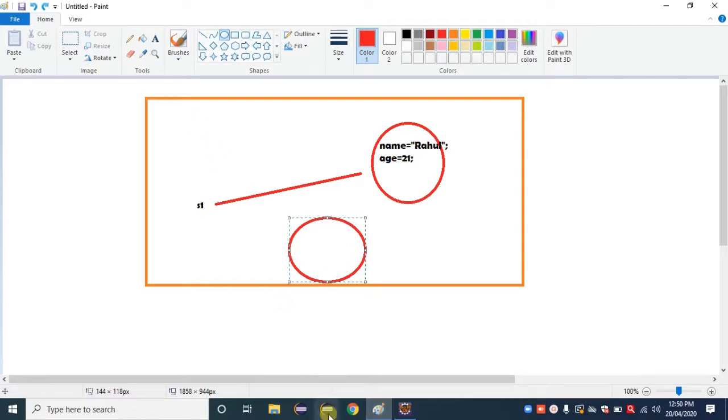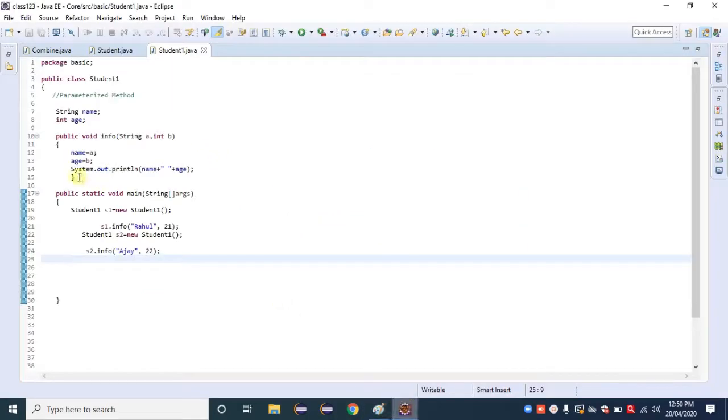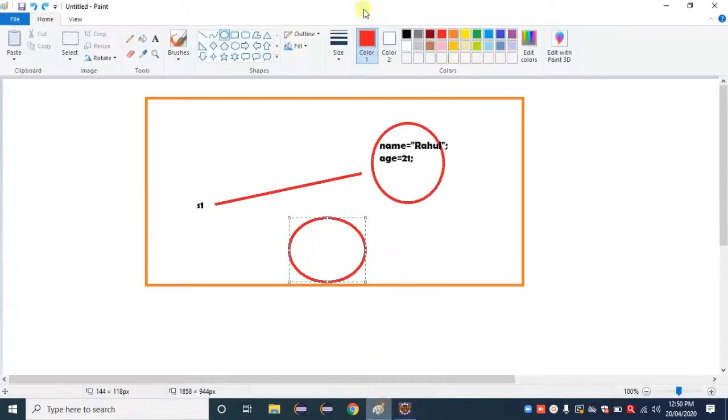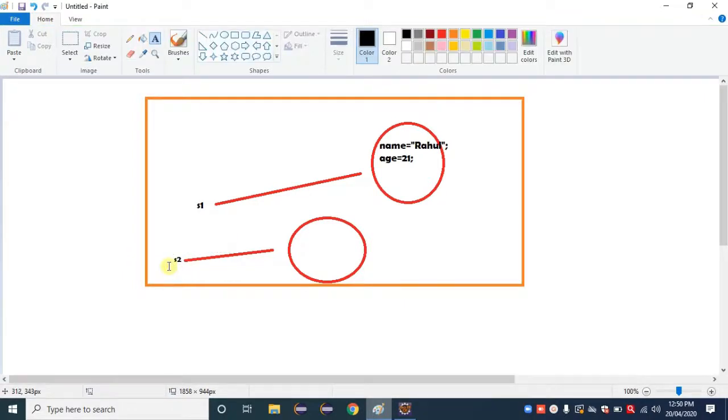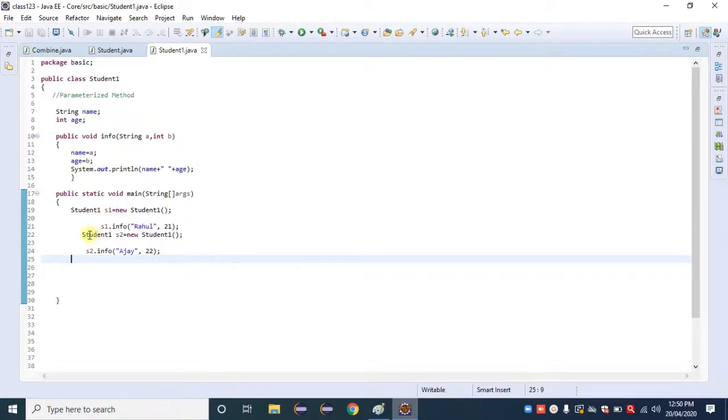And for that object we give another reference variable, s2, and it is represented by s2 here. Whatever values we pass using the reference variable s2 are all stored inside this object's memory, keep in mind. So there is no limitation to go with a single reference variable or another object, and using those reference variables we can use any of them, no doubt.